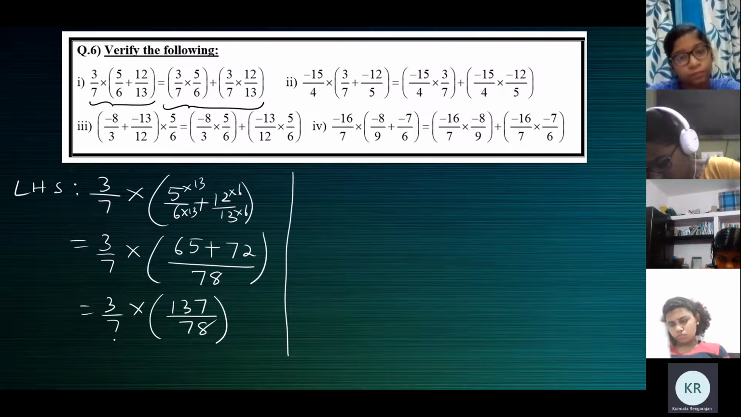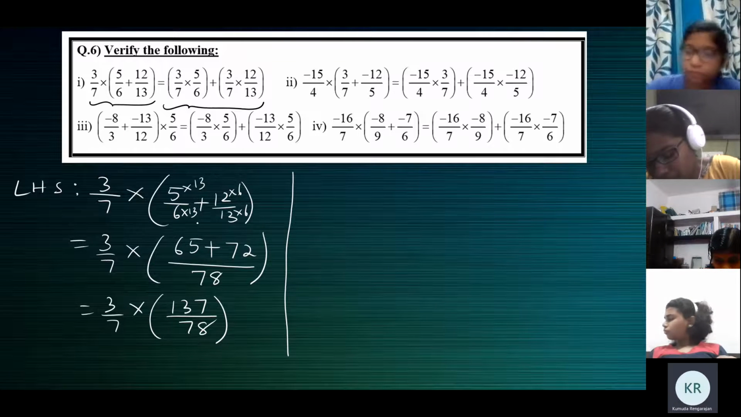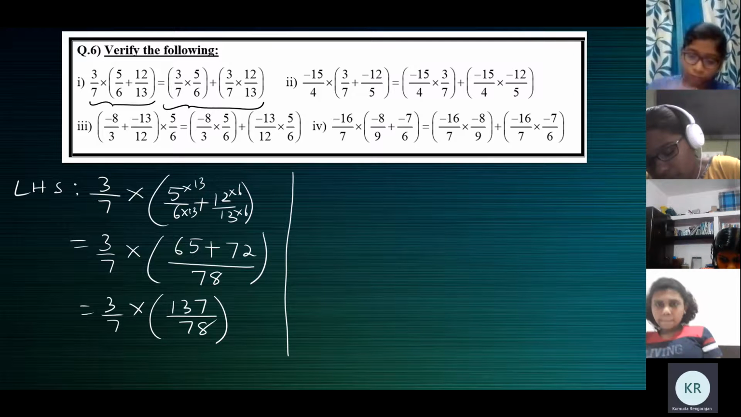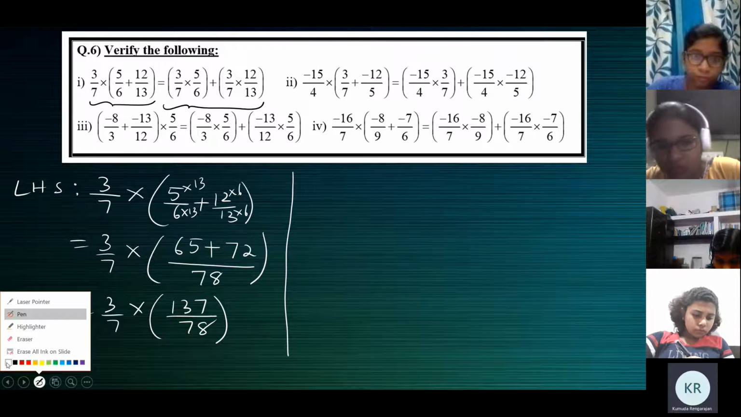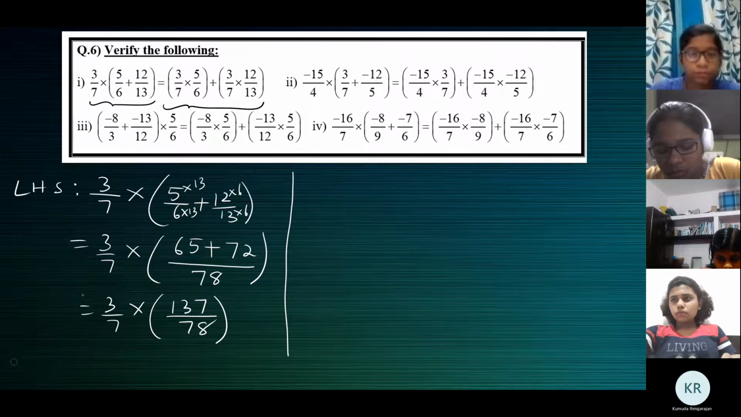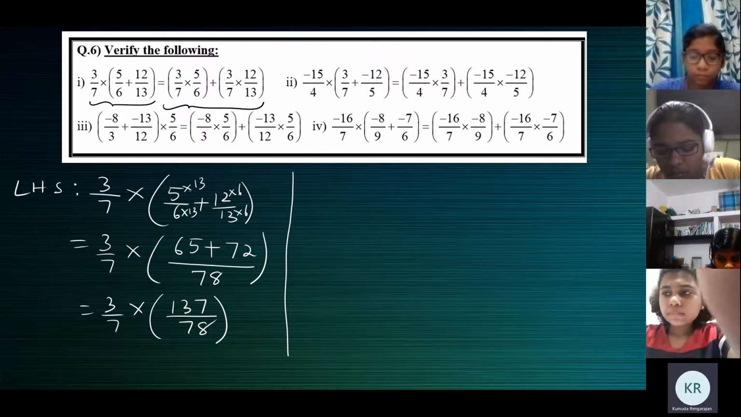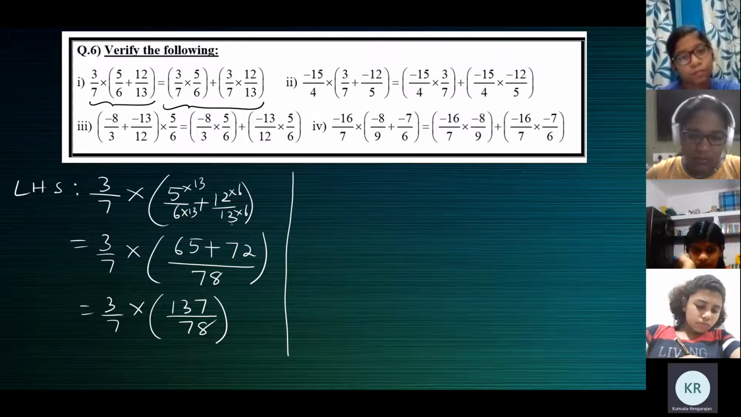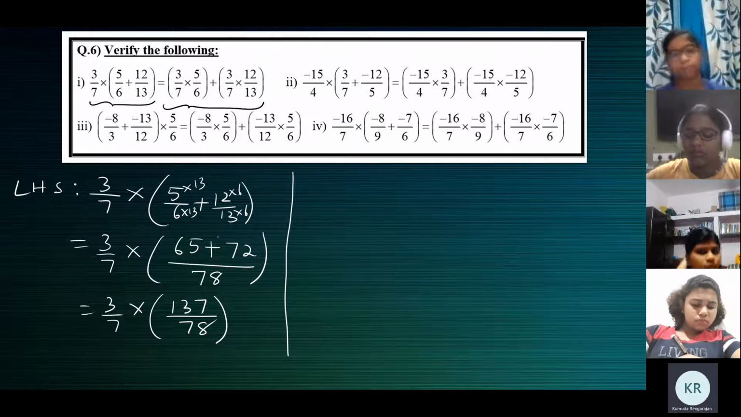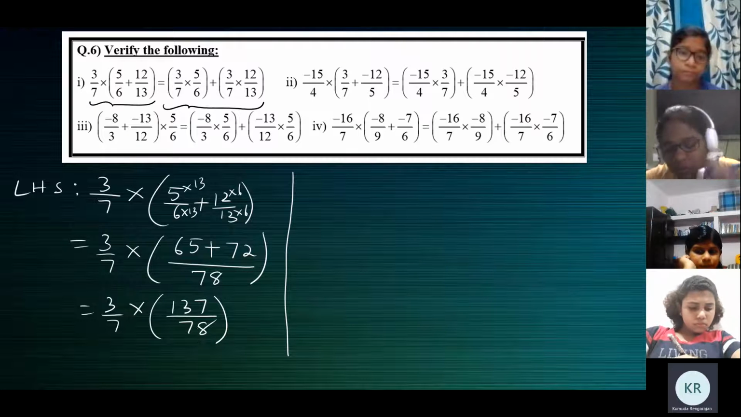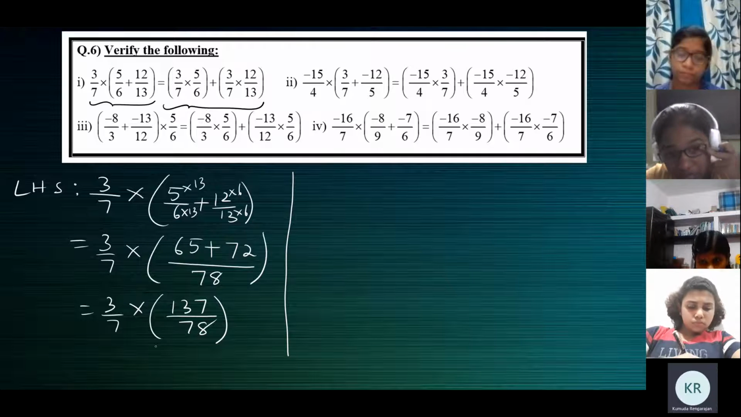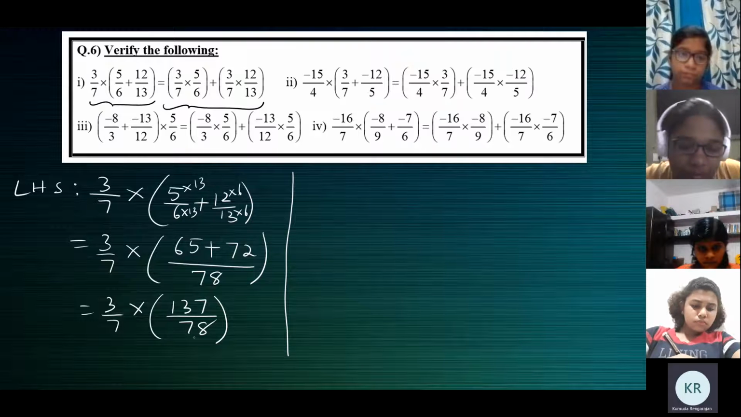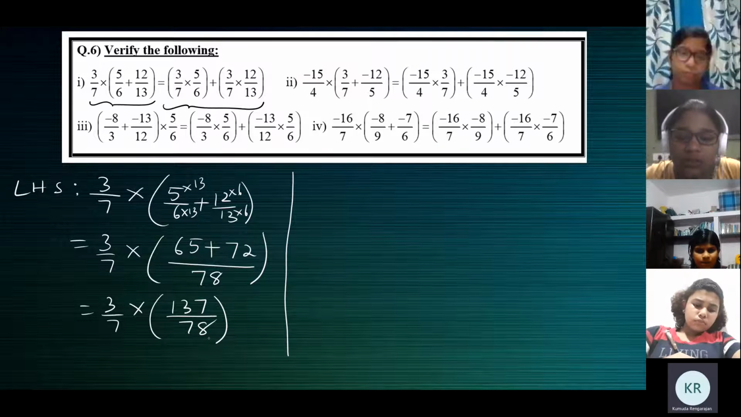3 by 7 is a rational number. 137 by 78. We simplified the brackets. We added in the bracket. Please watch this. In the bracket here, 5 by 6 plus 12 by 13. 5 by 6 is a rational number. 12 by 13 is a rational number. In the bracket, we have to find the sum of the two rational numbers, which we found using the LCM. And we got 137 by 78. Now we have two rational numbers, 3 by 7 and 137 by 78,